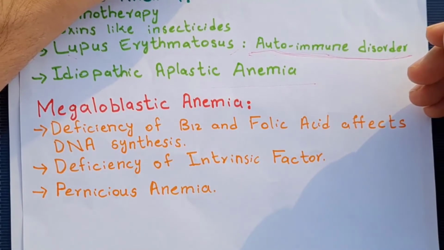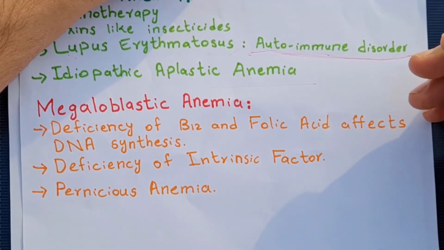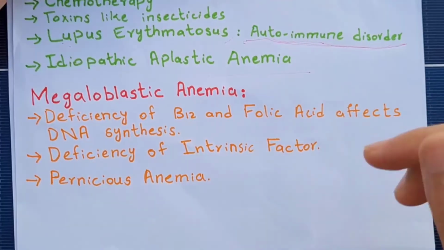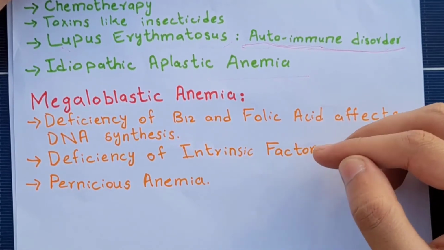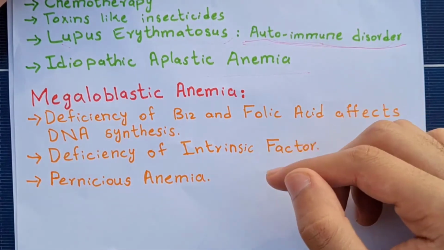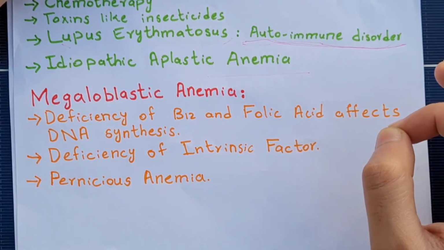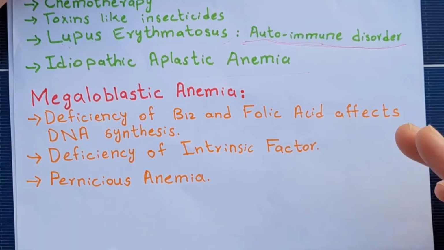Such large-sized RBCs, when released in the bloodstream, fail to squeeze through smaller capillaries and they are ruptured. So this leads to a decrease in number of RBCs. So in this condition, both production and average life of RBCs are reduced. This leads to a shorter life of RBCs than normal. So in case of megaloblastic anemia, there is a decreased production of RBCs as well as a decreased half-life of RBCs. So this may lead to severe anemia.